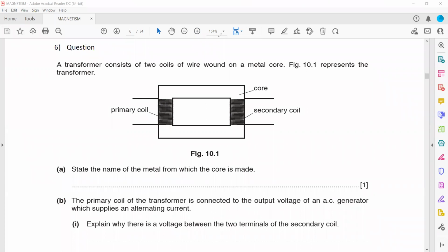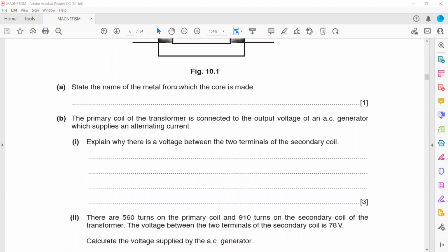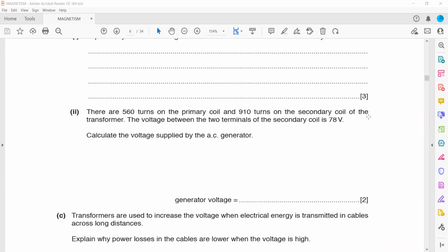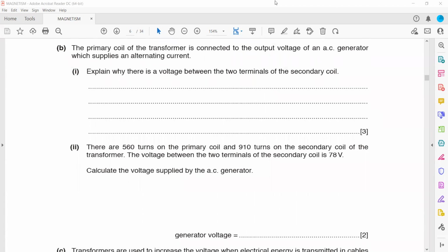Then the primary coil of a transformer is connected to the output voltage of an AC generator. Explain why there is a voltage between the 2 terminals of a secondary coil. So basically you have to explain the working of a transformer here. So why is the transformer working? The AC input produces a variable magnetic field,